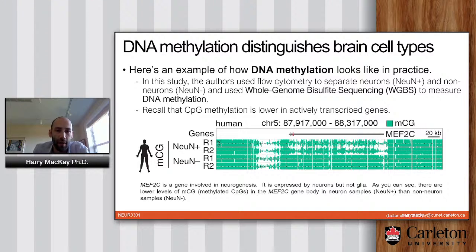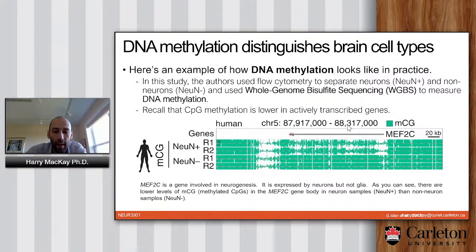Now, here is a fun picture. This is what DNA methylation looks like in practice. What we have here is a genome browser view. You would be familiar with it from the UCSC genome browser assignment. What we have is the gene MEF2C. You can see the gene is coded on the negative strand. It's pointed from right to left, and it's located on chromosome 5 between these two